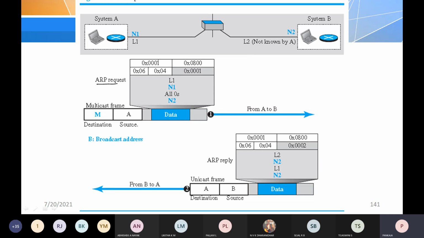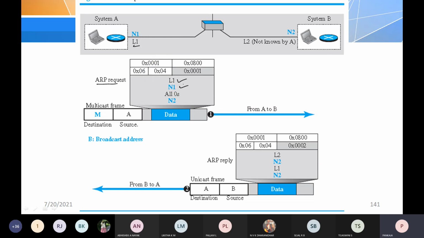Okay, so here 001 indicates the LAN number, and this is the protocol type. Okay, and this is the MAC address. I think it is the length. Okay, hardware length and protocol type used. And this 0001 indicates it is a hexadecimal number. Okay, 1 indicates the type of packet, a request. Then followed by the MAC address of the device. So the MAC address of the device is L1, and the logical address of the source node is N1.